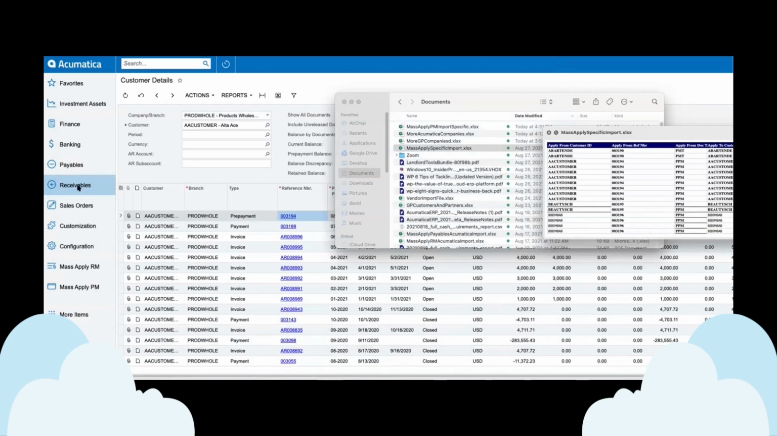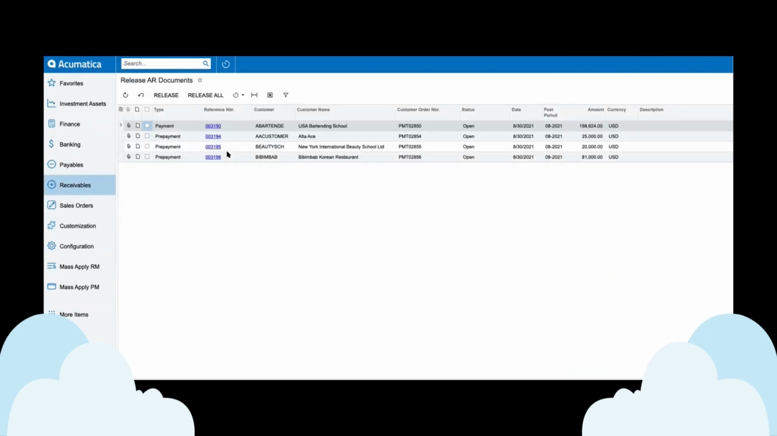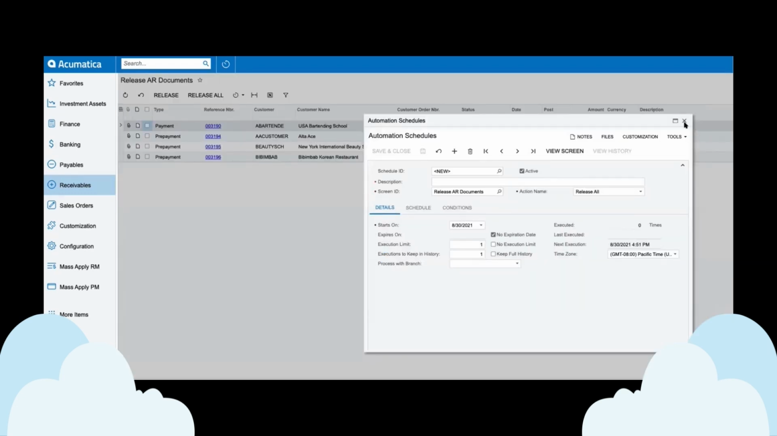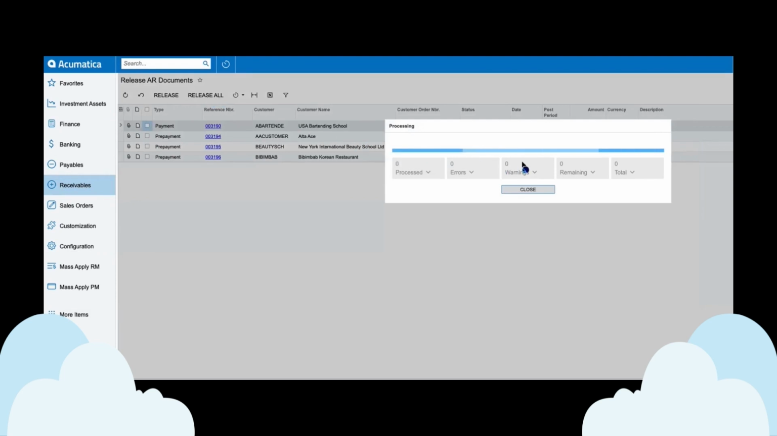And if we go to our receivables, release AR documents, we'll see that each of those imported has created this AR documents release all. This is something you could have scheduled at night to be able to run with the Acumatica scheduler. You could set up an automation schedule here to have these released. And when I do that,